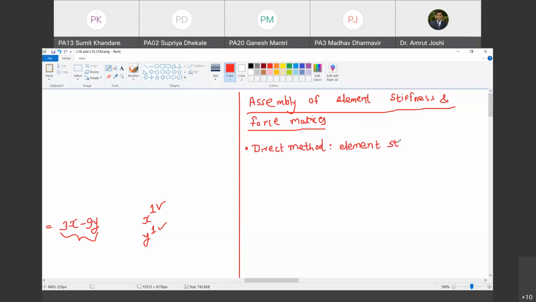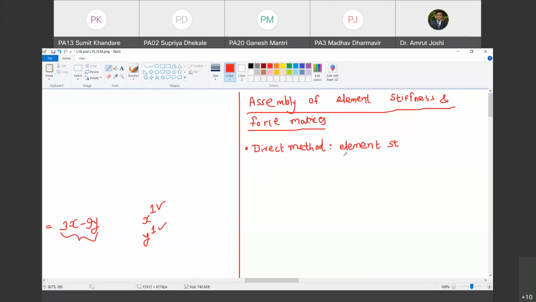By the way, what is element stiffness matrix in the formulation that we have learned till now? It is triple integration B transpose D B dx dy dz. Do you remember that? Ganesh? Yes, sir. So if you go back and look at our lectures, I had said that K matrix is nothing but the triple integration B transpose C B, where C is the constitutive matrix, dx dy dz. So this method can also generate the stiffness matrix.